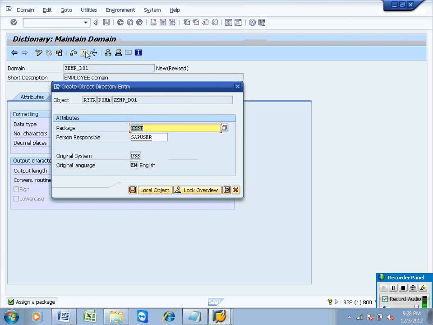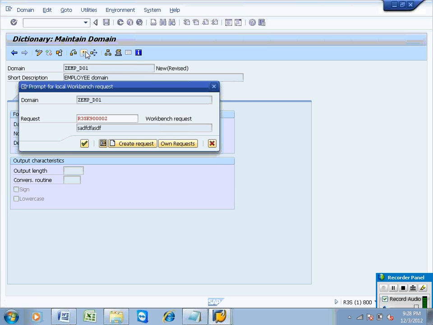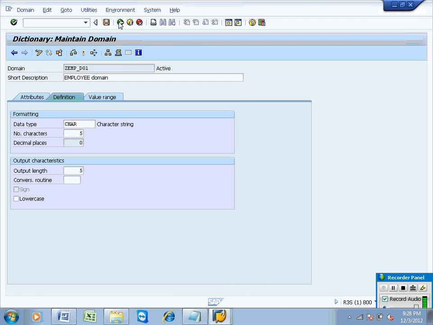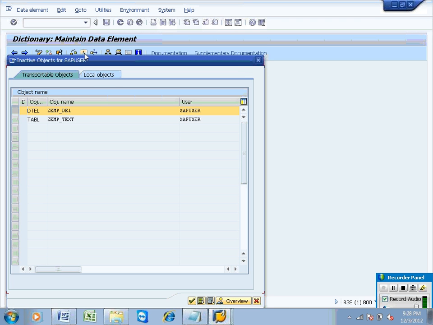Then activate this. So domain is also an object. Now this object is selected in a package and a transport request, and I am activating the domain first. Once the domain is activated, then you can activate the data element.